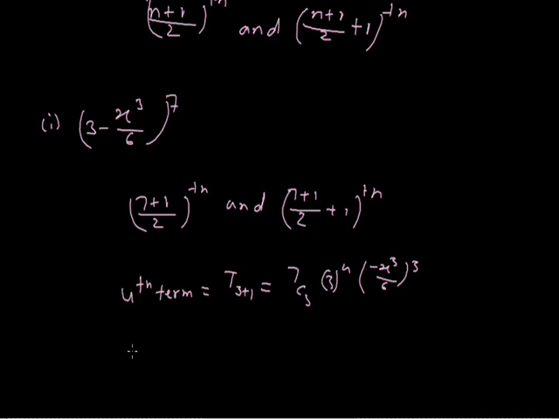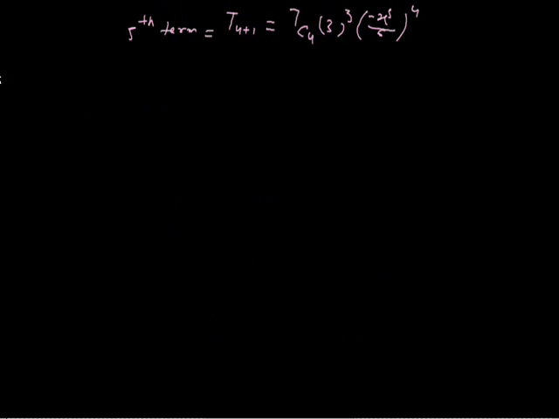Similarly, 7 plus 1 by 2 plus 1 term, which means the fifth term. We can find it using the general term formula t4 plus 1, so 7c4 3 to the power 3 minus x cube by 6 to the power 4. So these are two terms. Similarly,